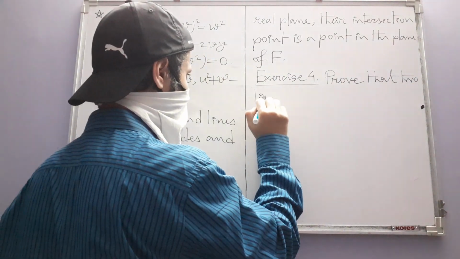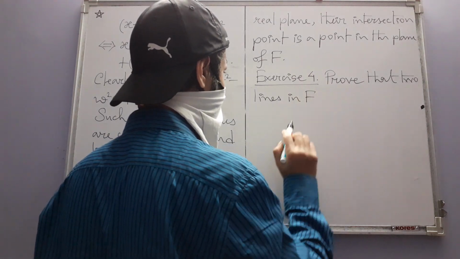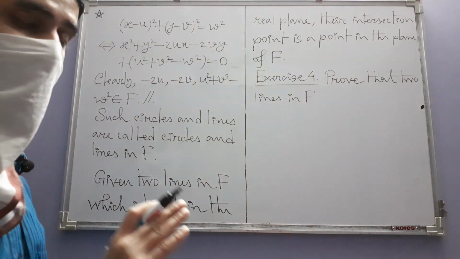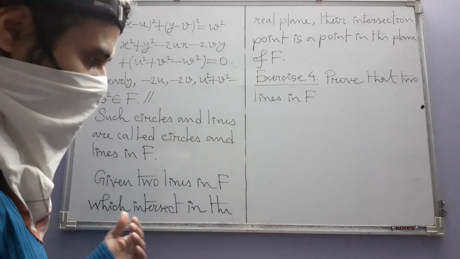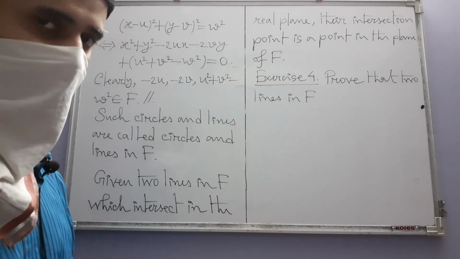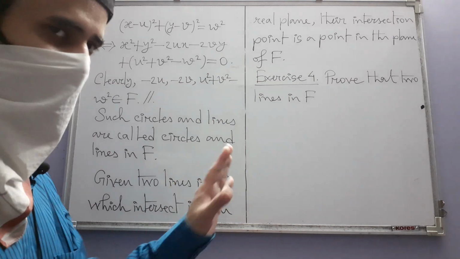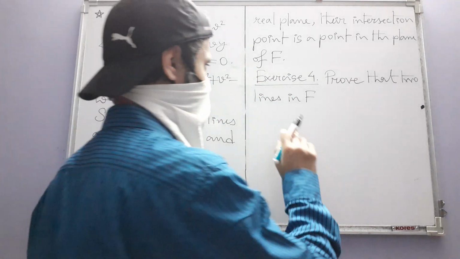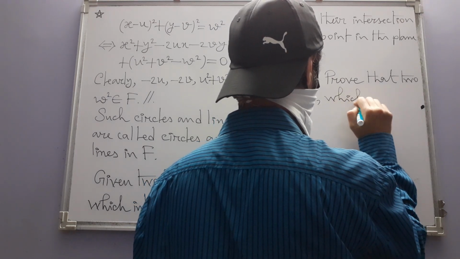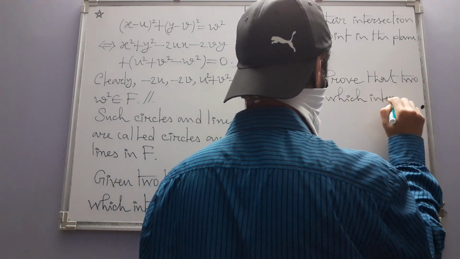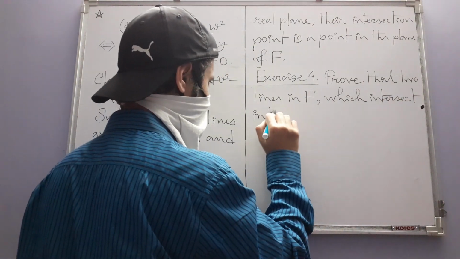Prove that two lines in F, not just any two lines in F, right? So both of them pass through 2 points whose coordinates are in F. That's what all of these things mean. Prove that two lines in F which intersect in the real plane,